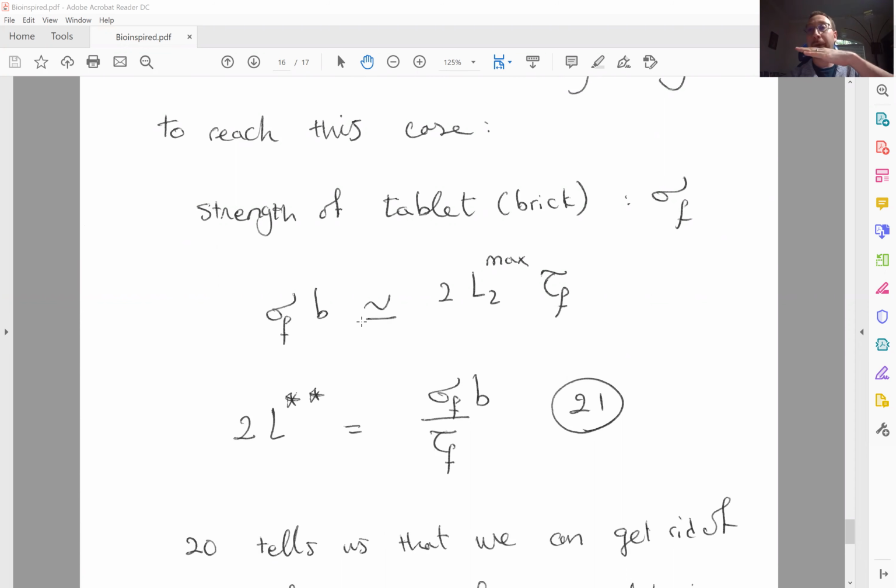Let me say it again. When the brick is about to fail, where sigma zero is approaching sigma f, in which case the force